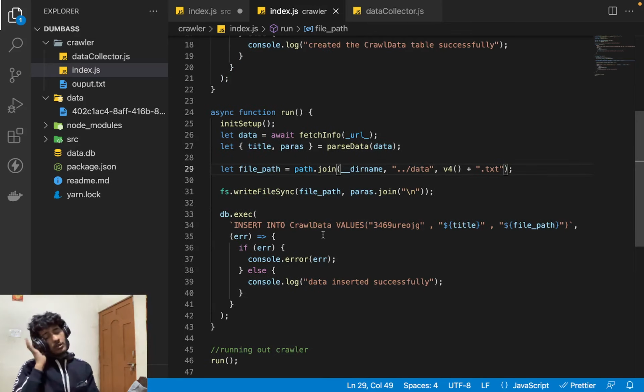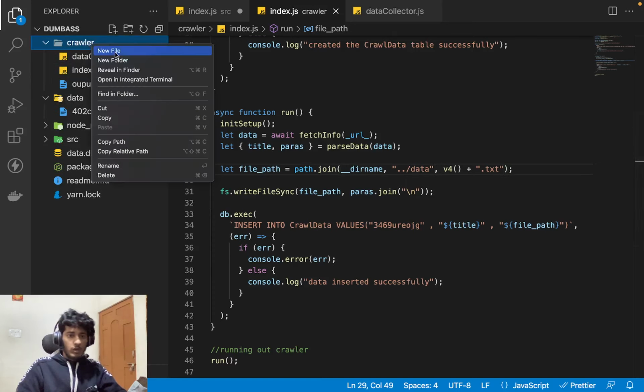So either recursively, or we have to find all the links and do the same thing for every link again and again and again. And this is going to go crazy. Okay, so